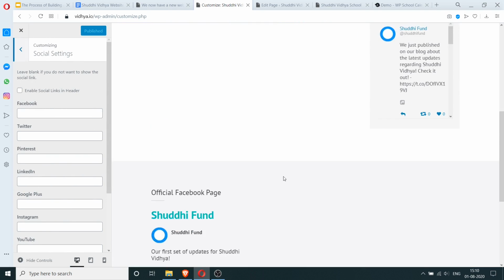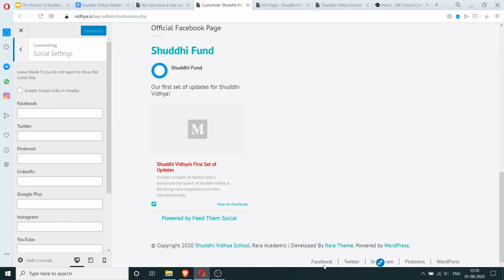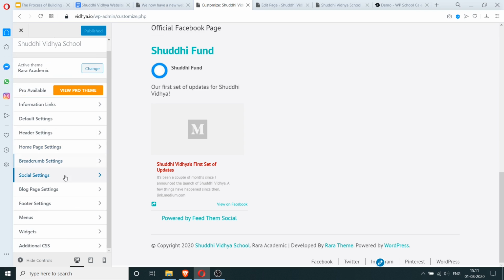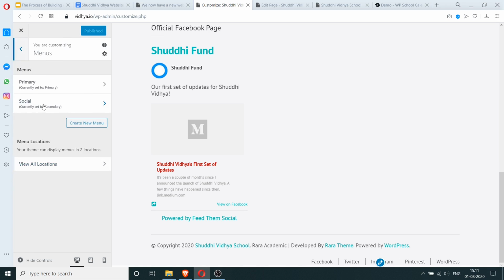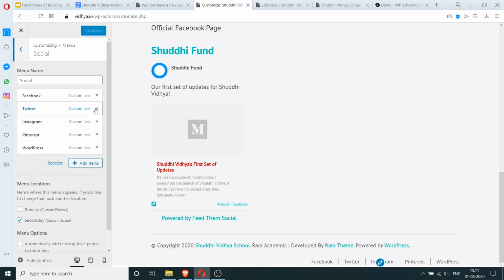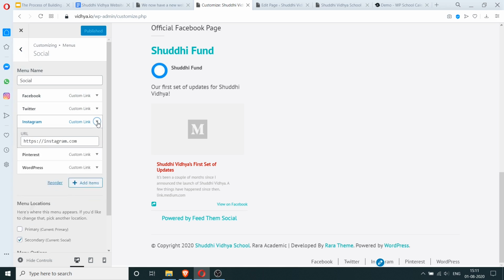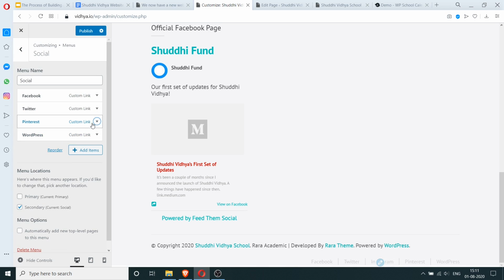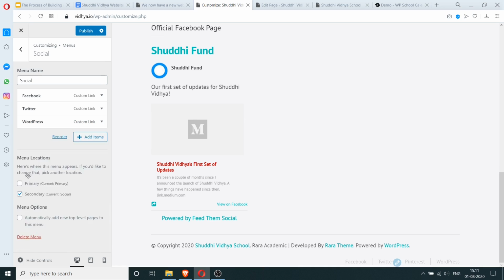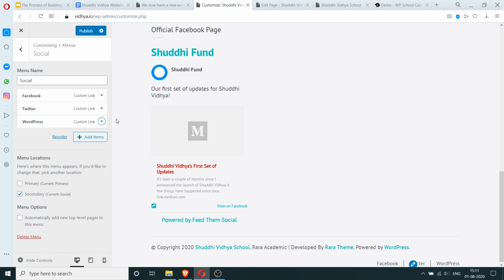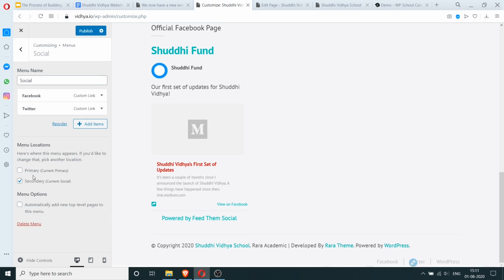Okay, quickly before we leave this section, let's also add the links to these pages. We actually don't have any of these ones. So we only have Facebook and Twitter, so let's remove these ones. And this is for this site itself, so we don't need it on the site.